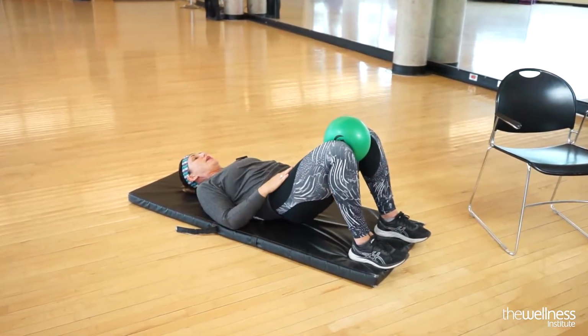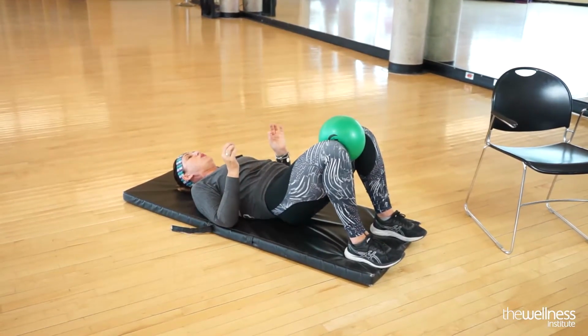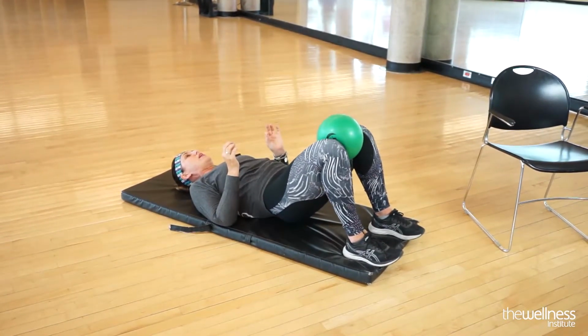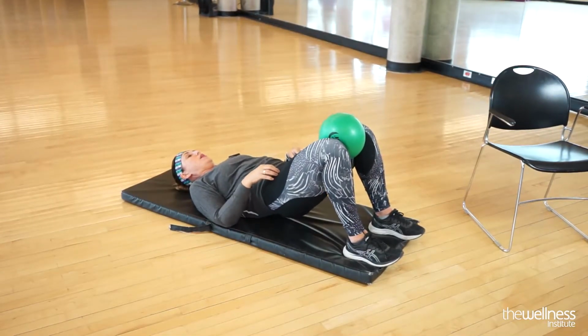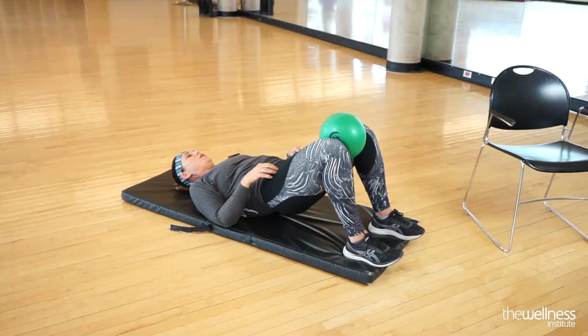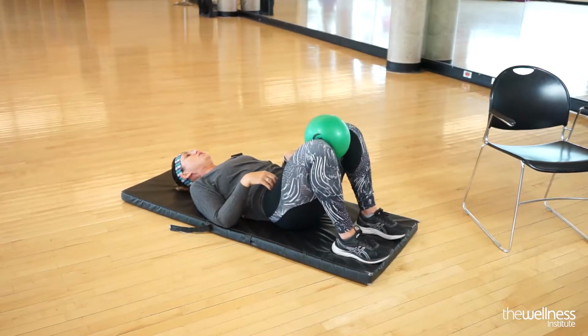Keeping the core engaged. Okay, we're just lifting the hips, and then we're lowering them to a hover, then lifting them back up again. 4, 3, 2. Now, if you want to make this a little more challenging, what you can do is lift the hips